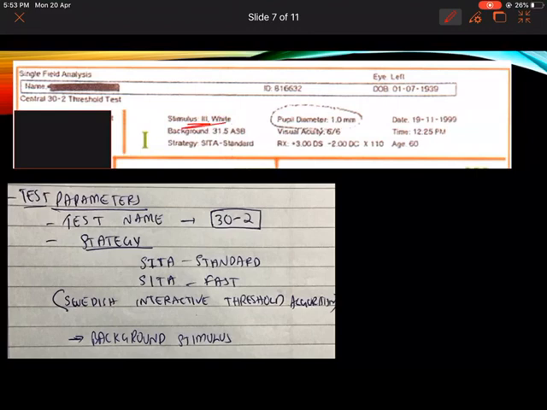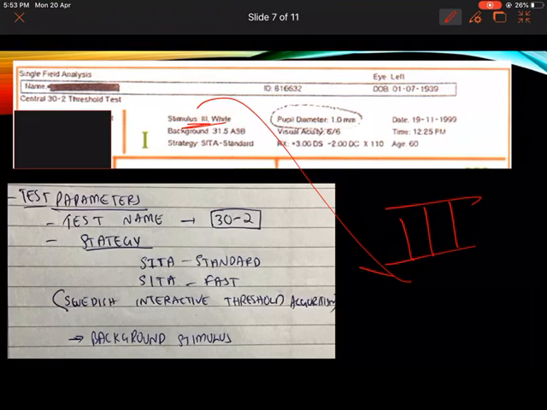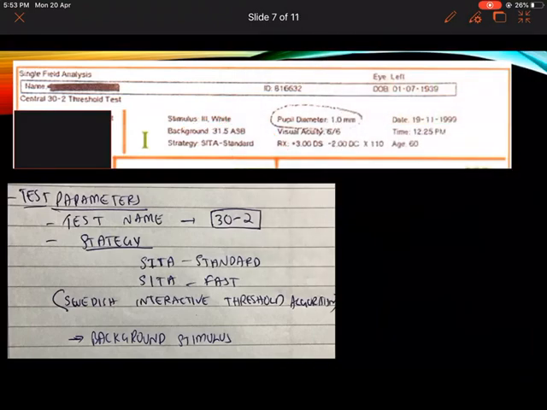Normally the size of the stimulus is Goldmann type 3. Goldmann type 3 is commonly used. Sometimes Goldmann type 5 can be used. A type 3 stimulus is a 4 mm square stimulus, not very big, quite small. If the patient has an extensive glaucomatous field defect, in such cases the patient can be given a type 5 stimulus. That is not important. Just remember there is a size of the stimulus. Most commonly used is type 3, and it's a white stimulus.